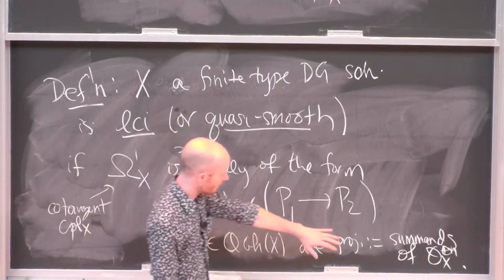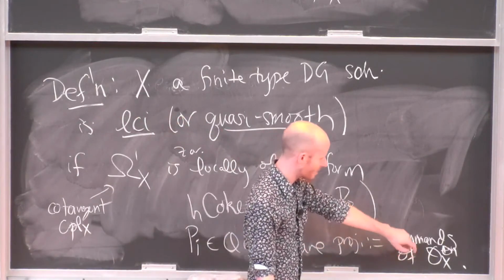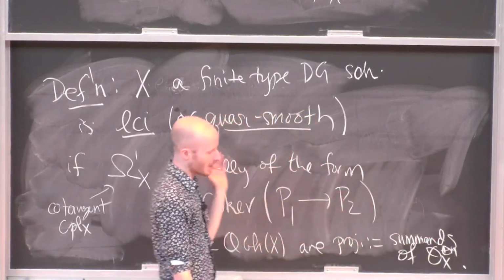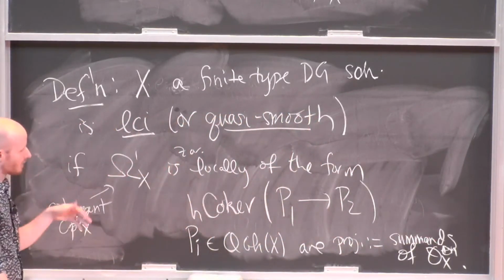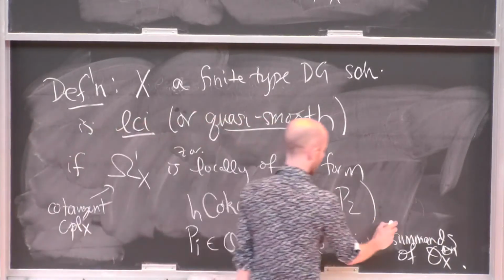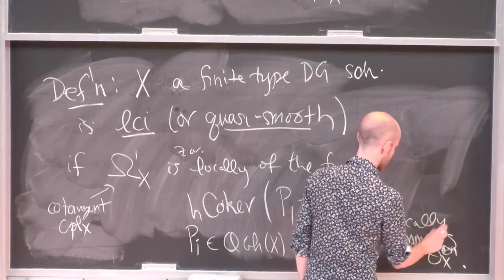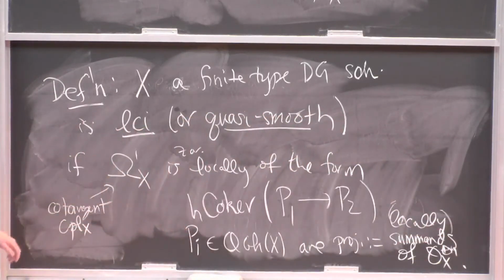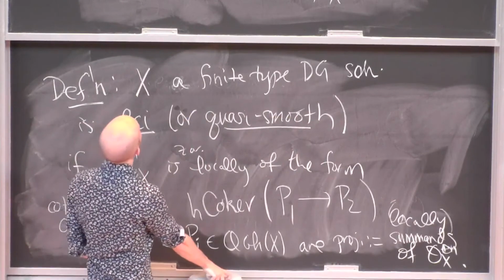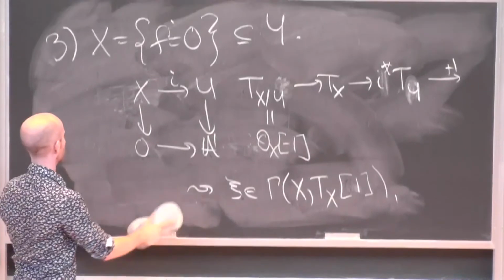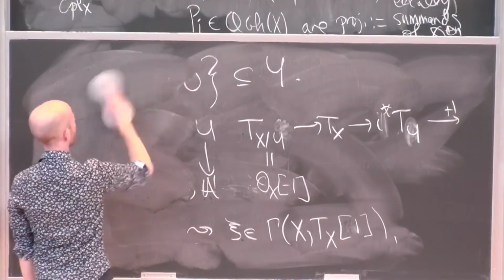So there's a key fact here which is easy to miss, which is that I'm not allowing shifts. So when I say projective, I mean like OX is projective, but OX shifted by 1 is not projective. So again, locally. Or if all of this is affine, you can just get rid of the locally parts. And so this LCI,